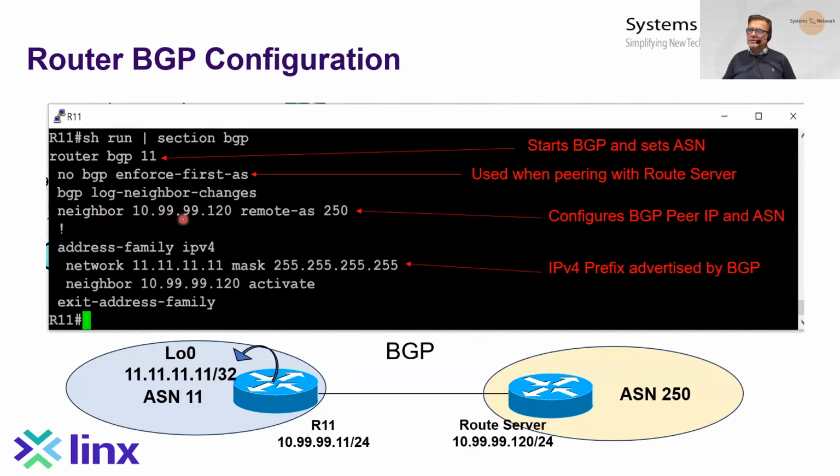I will state the BGP remote peer that I want to talk to. So I give it the IP address of the root server and the AS of the root server. And then I will advertise the network that I want BGP to advertise for me. So if I'm the router in the 11 AS, I'll be advertising this